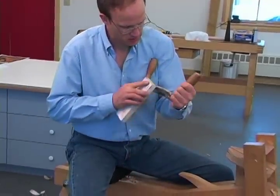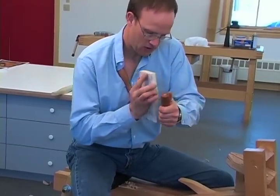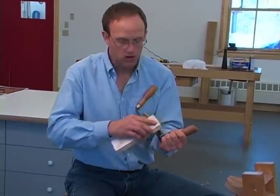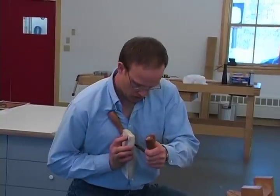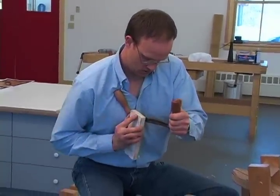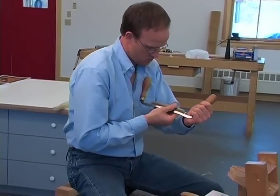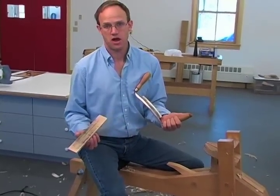Turn it over and work the other side. Here, because I've already shaped the bevel with the coarser stone, I don't need to work the entire bevel. I'm just going to polish the scratches away. The tool is already sharp. That's done. And just like with the other tools, I'm going to finish up with the strop and the diamond